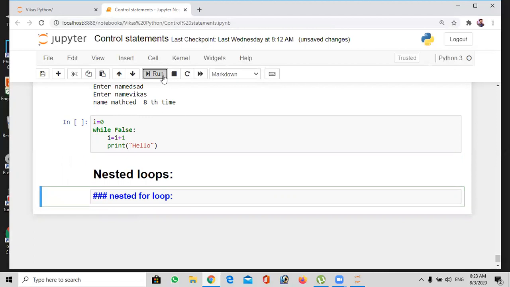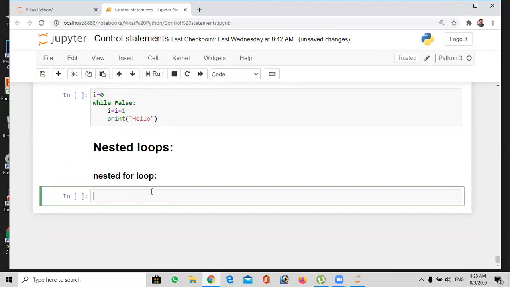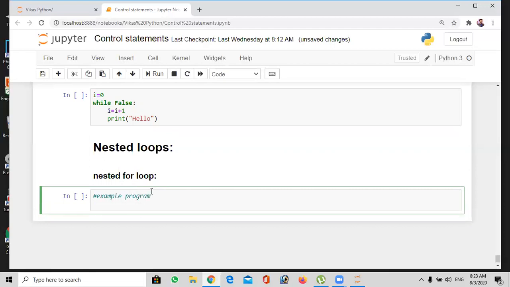Nested loops are very important in real-time applications. For example, while using our mobile keypad, the first screen has numbers and alphabets, the second screen has special characters, and the third screen has emojis. So in the keypad itself we have different screens, likewise nested loops. How to use it? A loop inside another loop is taken as a nested loop. So, an example program. For example, if I wanted to print stars here, I just close that one.